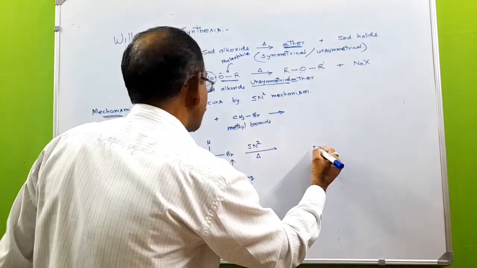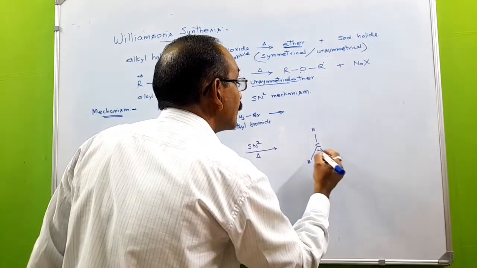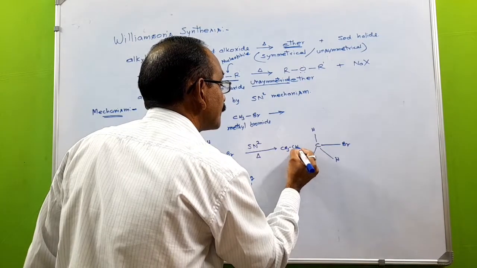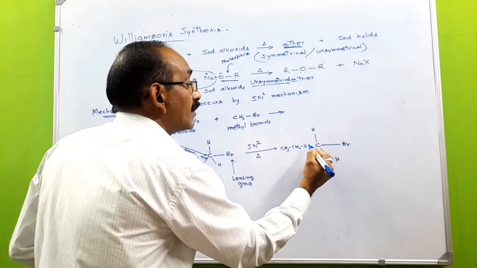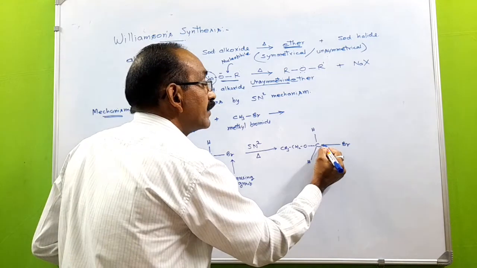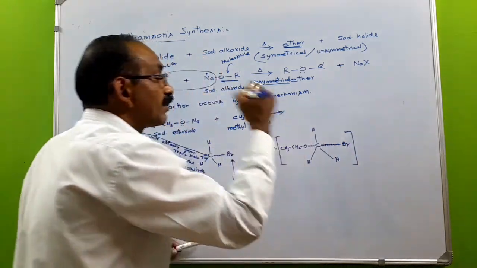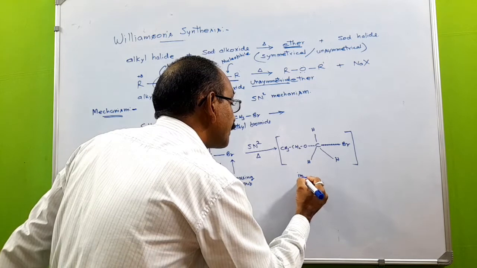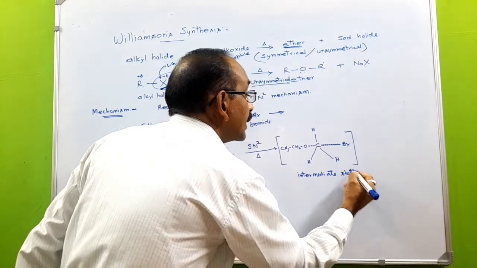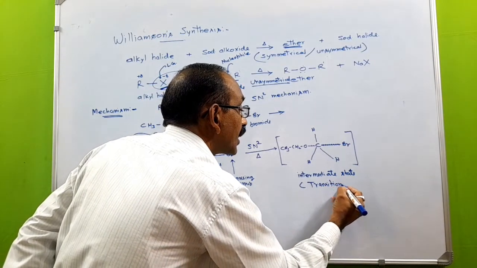and here you will get an intermediate in which a bond between oxygen and carbon is not completely formed, and the bond between carbon and leaving group Br is not completely broken. So this type of unstable intermediate state will be formed here. This one is called the transition state,